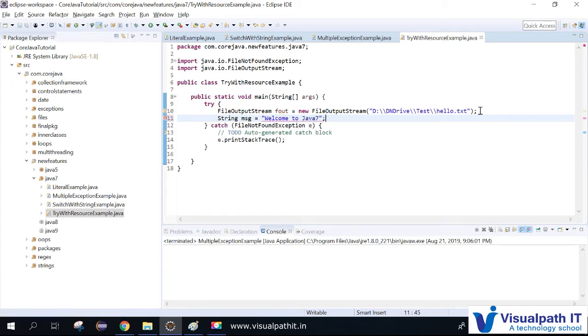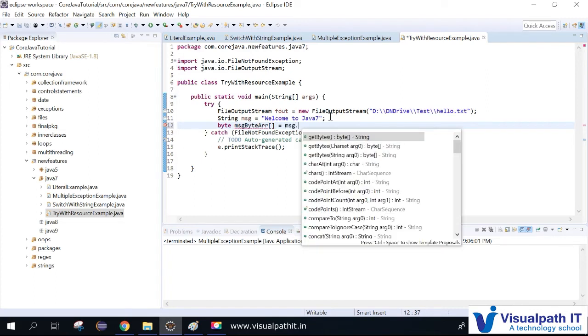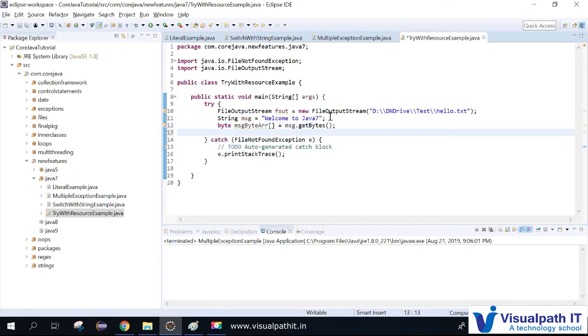I'll write this string to a file. How to write it? Just convert it to a byte array. Message byte array, message dot getBytes.